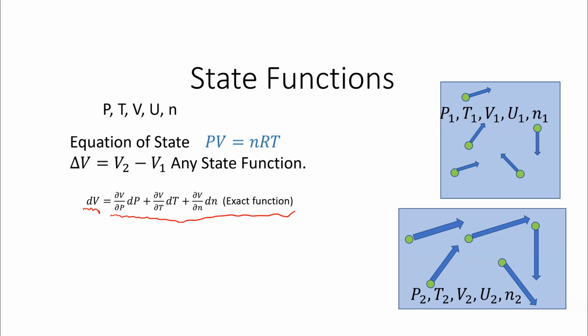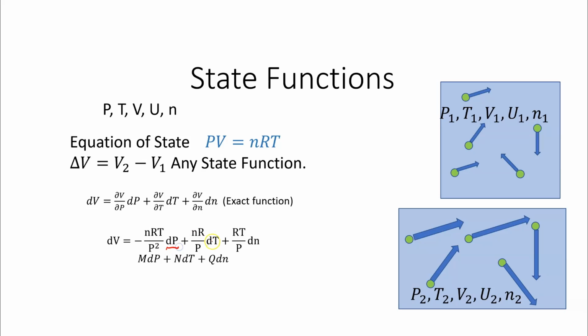But something to notice here is that if I do this with the ideal gas law, so here I took the ideal gas law, and I took this definition seriously, I plunked in all these things, there's actually a very special relationship between all the coefficients of these dp, dt, and dn's. And if I write it as M dp plus N dt plus Q dn, which is how math books like to write it, what you will find invariably are relationships like this: dM/dn equals dQ/dp, which just sounds like alphabet soup. But really what they're saying is, look, this term is dV/dp, and this term is dV/dn.